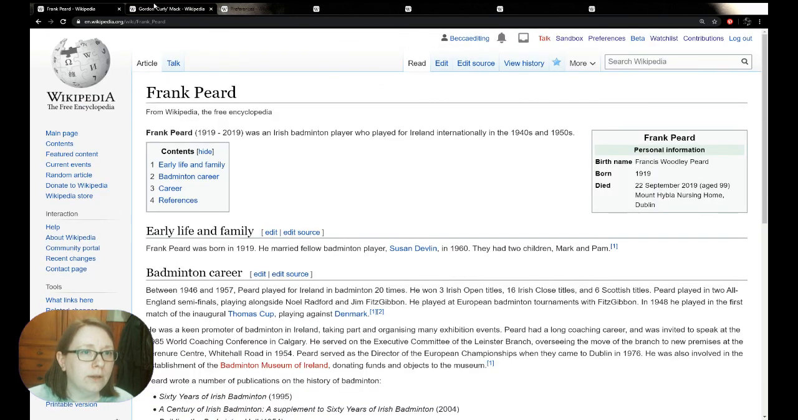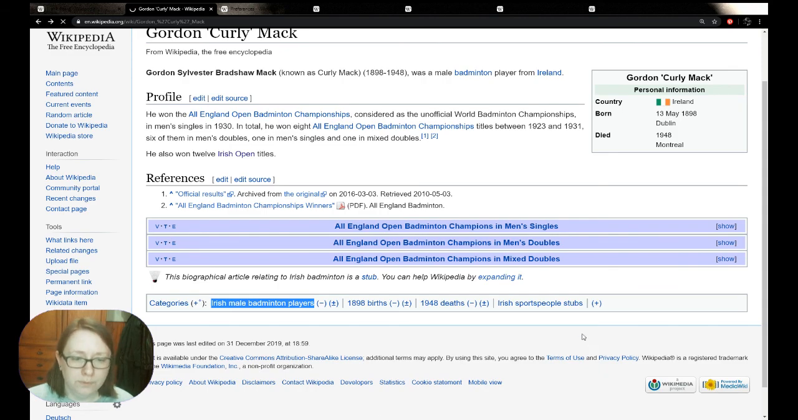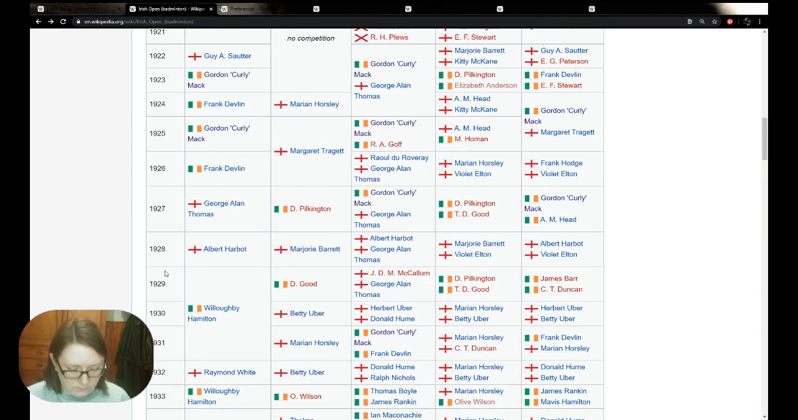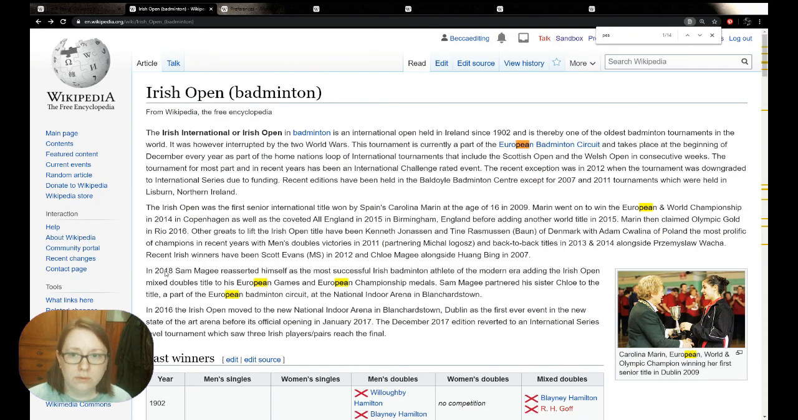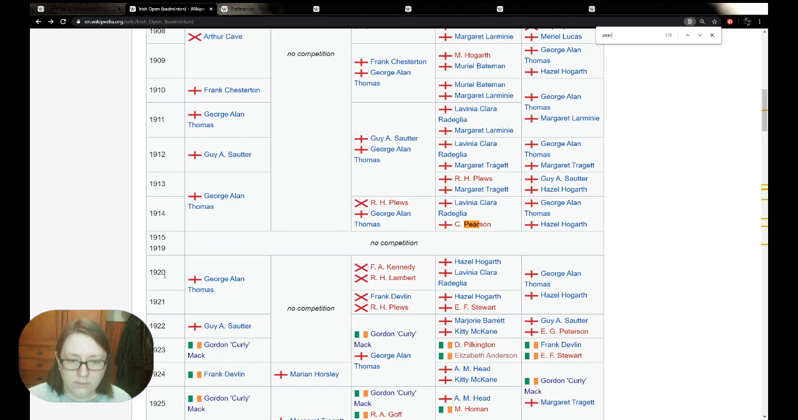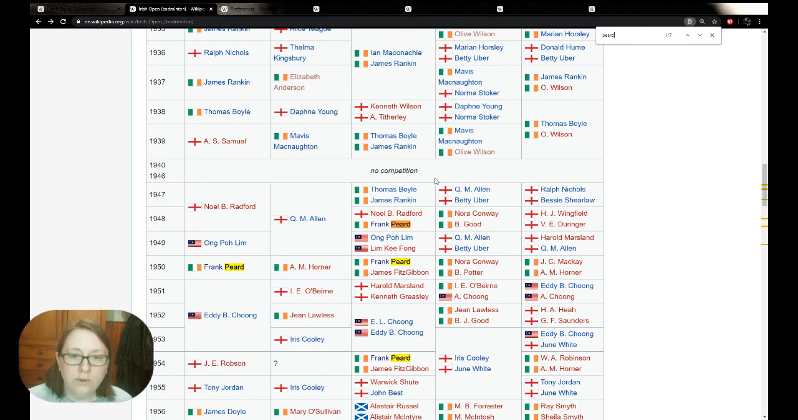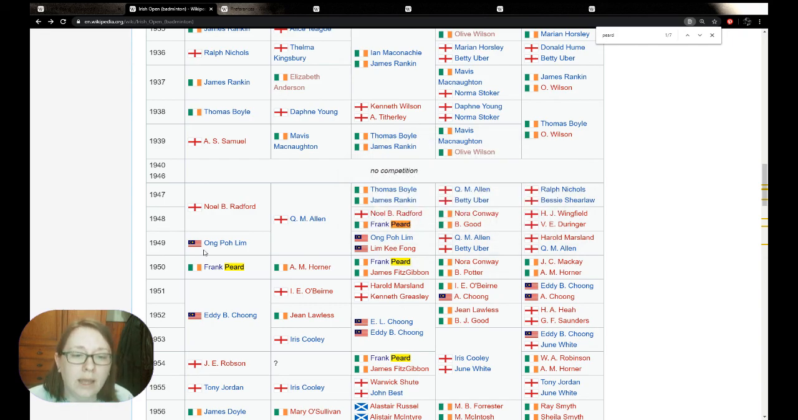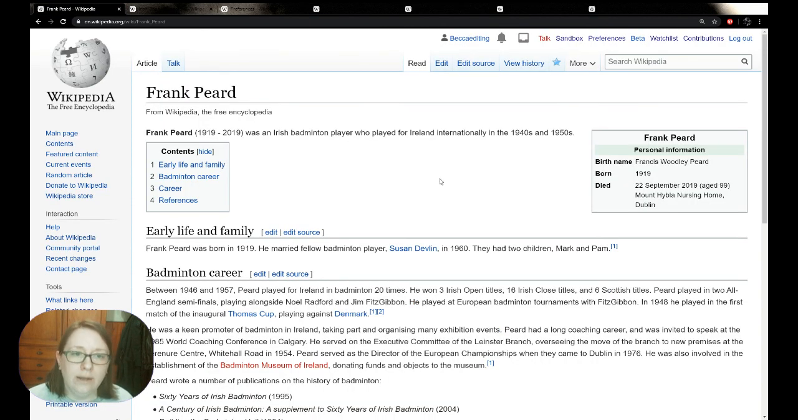If we go back to the Irish Open article, and if we search quickly for Peard, you can see now he's gone from red to blue. And he's already integrated. He's been flagged in loads of different articles as a red link, so he's already going to be fairly well